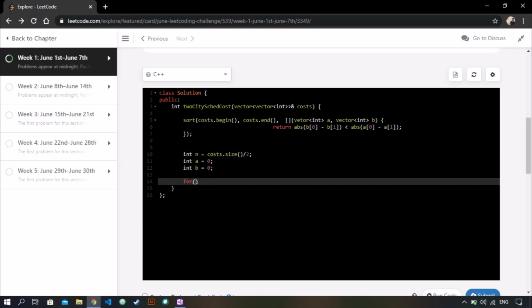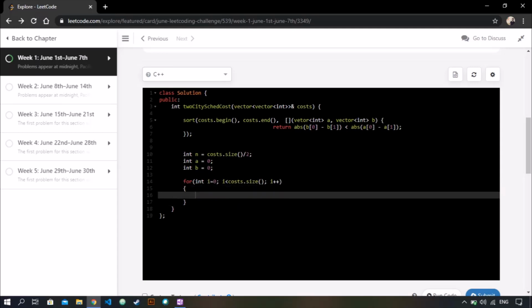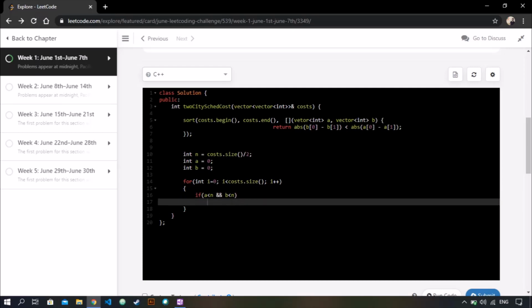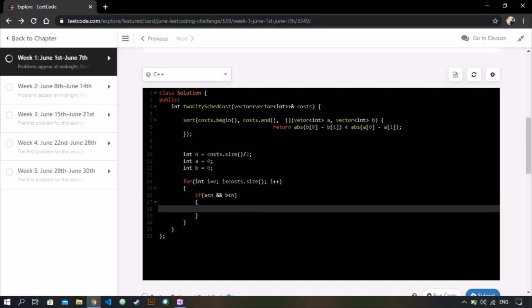Now what we do is, now we traverse the costs vector and check if a is less than n, and so we check if both cities have not yet been filled by the total number of people, that is n.